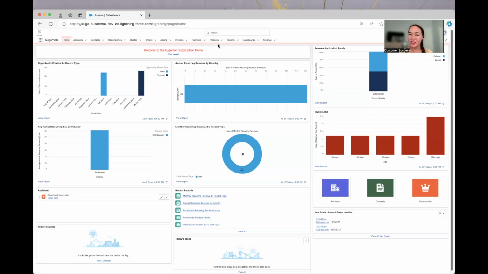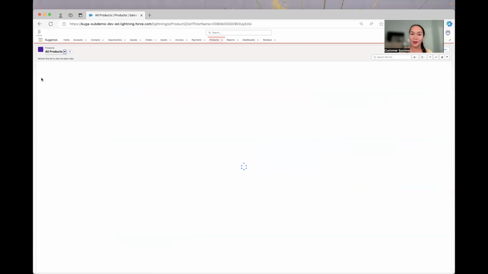But if you don't see that, you're going to need to scroll over to the left, find that group of dots in what's called the app launcher and click into that. Then within that search, you can just start to type in products. Then you're going to see it appear and just click into it that way.